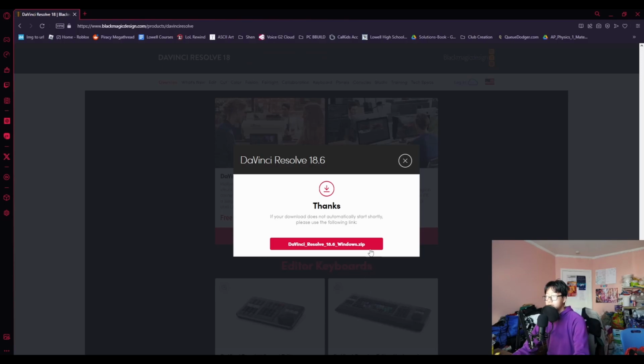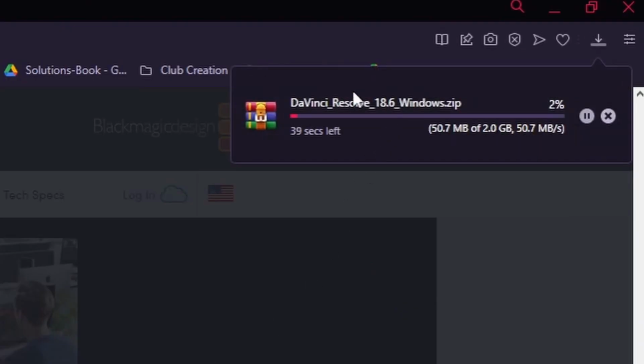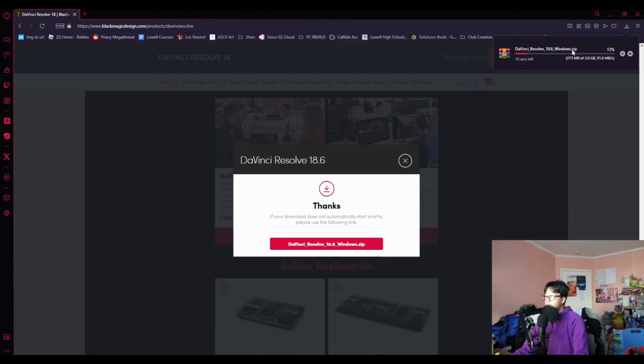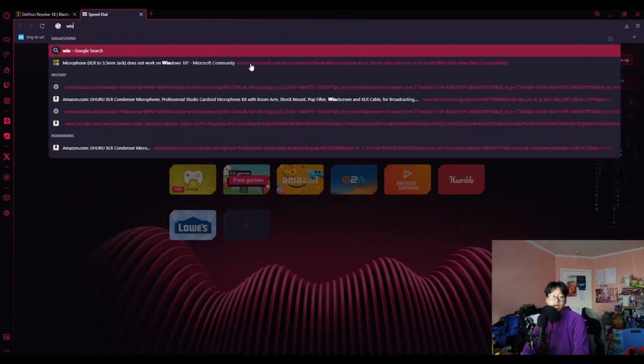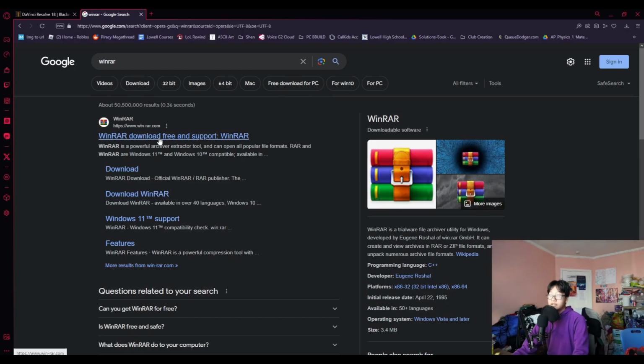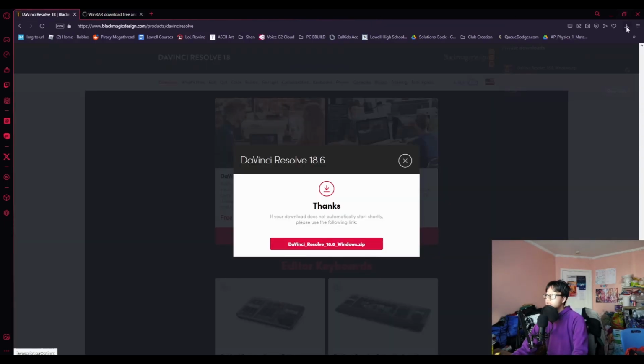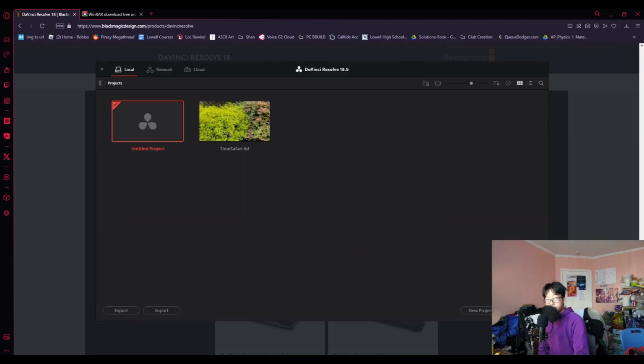And register and download. Then the download will start, and you'll need an unzipper of some sort, which I use WinRAR to unzip my files, which is why it shows up as the book icon if it doesn't show up like that for you. Alright, now that you've presumably installed DaVinci Resolve using the very simple setup wizard, you're just